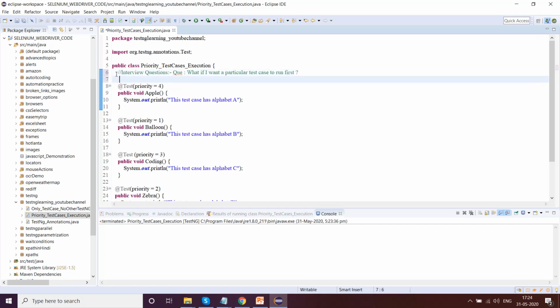The answer is, make it priority equal to 1 and make sure other test cases also get a priority.